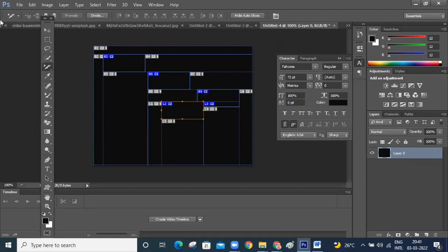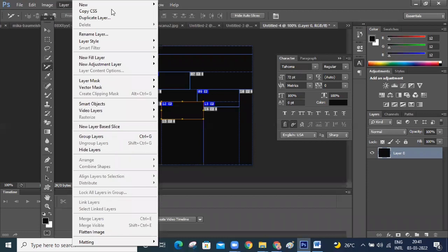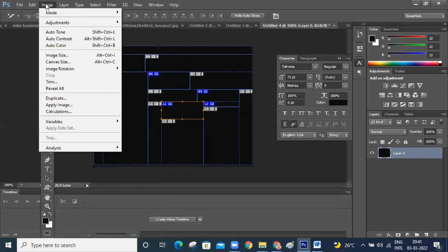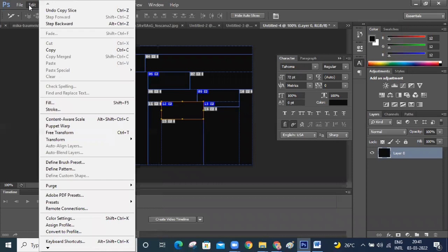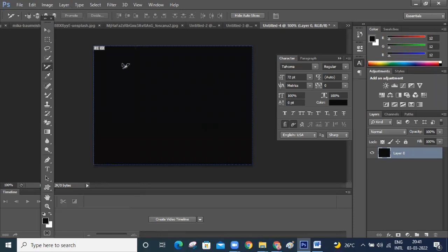Okay, I'll show you one thing here. I will clear the slices. In view, clear slices. Slice tool.